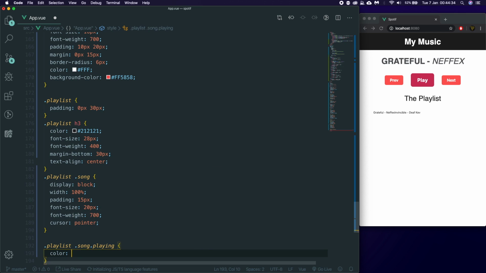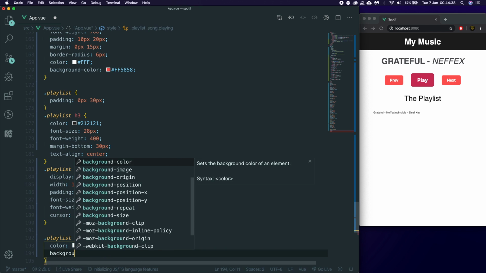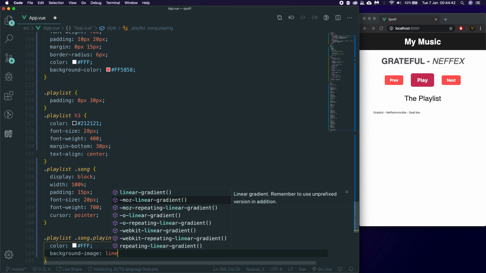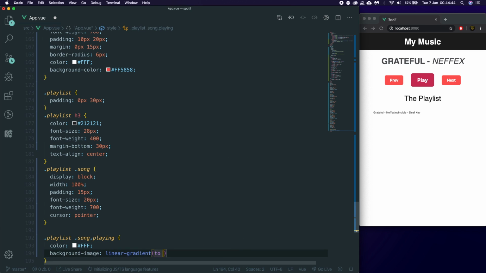And when it's playing, we'll give it a color of white, but we're going to give it a background image equal to a linear gradient, which is going to be 2 right, and we're going to say CC2E5D, and then